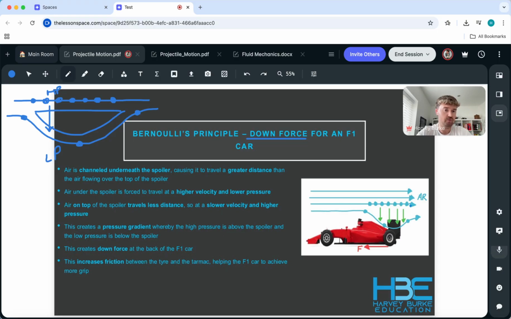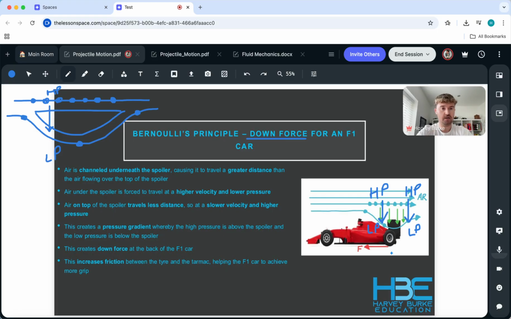travelling over the top of this aerofoil shape, which is travelling less distance, so slower velocity, but a higher pressure. And then you've got all this air that's being channeled underneath the spoiler that is travelling a greater distance, so a faster velocity and a lower pressure. And therefore, this time you've got the pressure gradient with the high pressure above forcing down on the car. So it's creating this downforce on the car. And the reason why that's good is it increases the friction between the tyre and the tarmac so that the